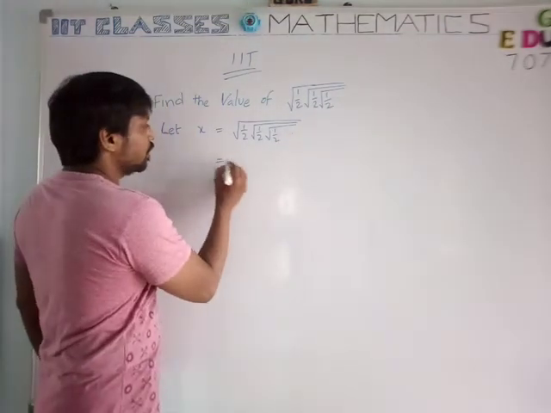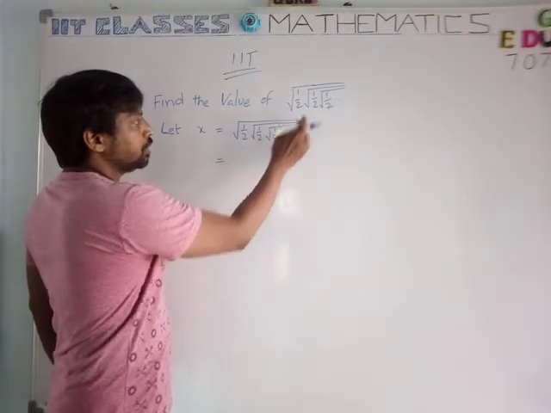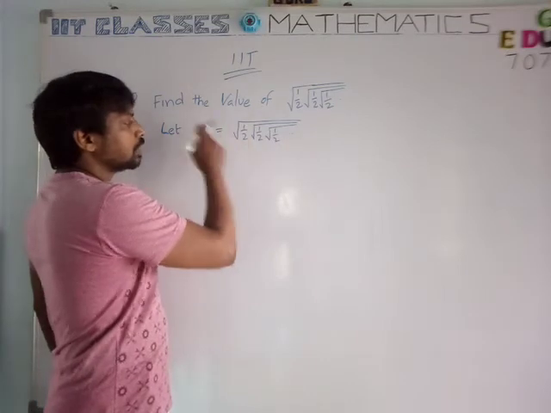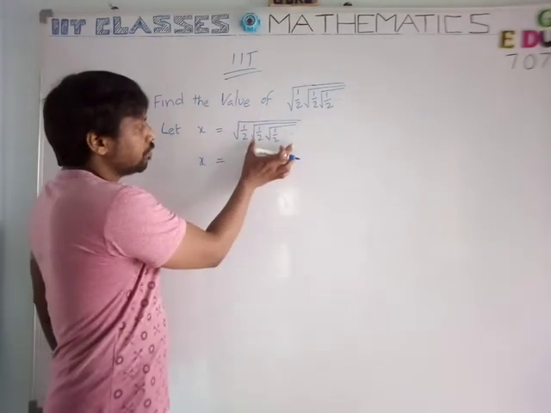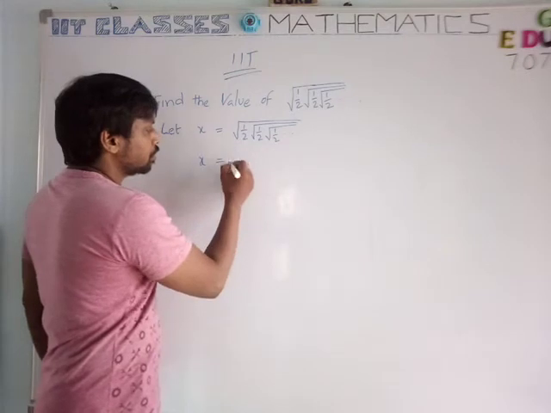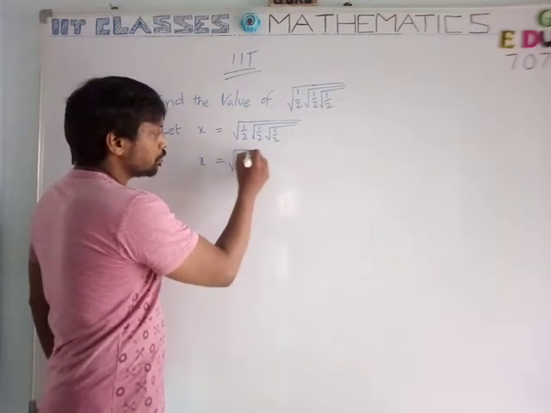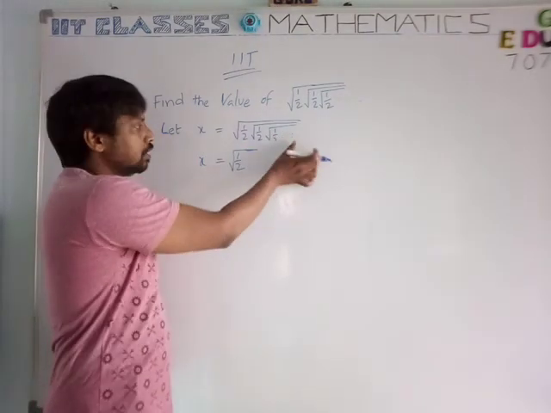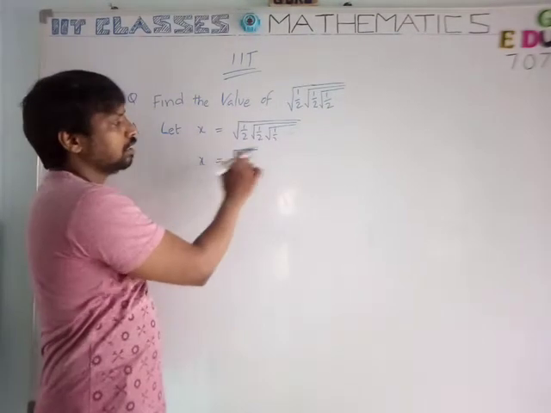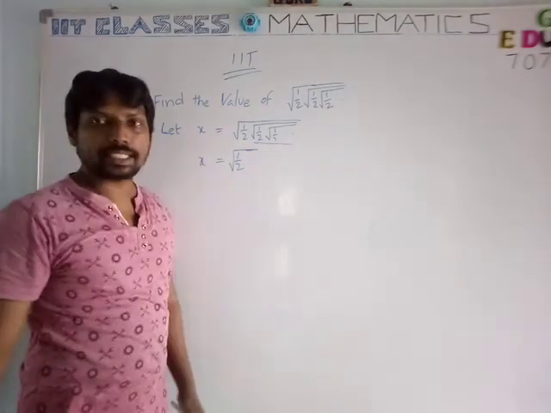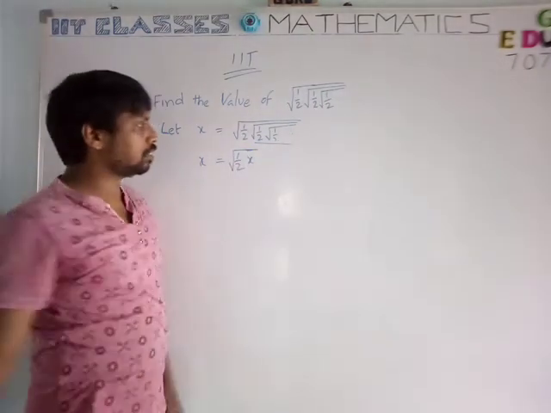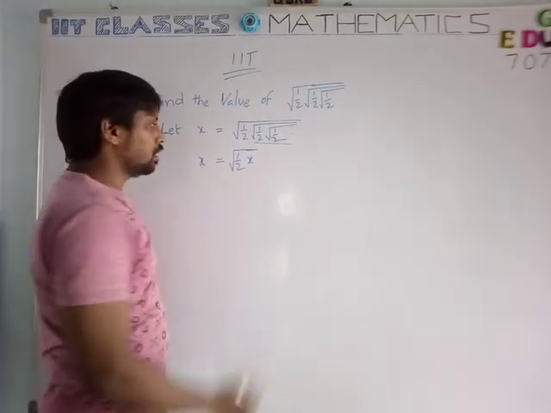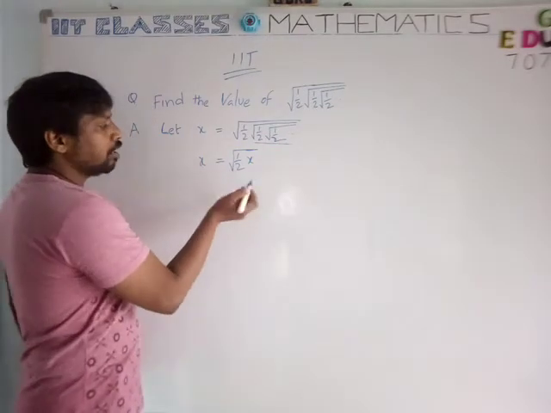Next step, here observe, x equal to, this term is completely repeated. So from here this is completely repeated, root over 1 by 2 from here, so this is continuous. So this means x. In this place I substitute the x value, x. Okay. Next step, squaring on both sides.